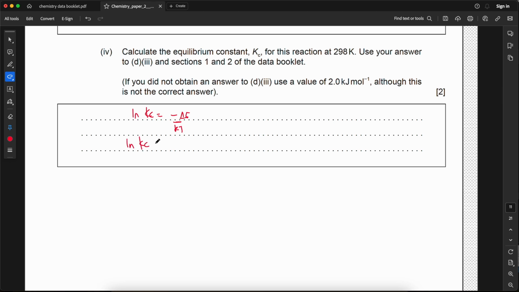So ln Kc will be negative 3.4 times 10 to the power 3 J per mole, because we convert it into joules, divided by 8.31 J per K mol. That's the reason why we convert it to joules, because the gas constant is in joules, times 298 Kelvin. So ln Kc will be negative 1.37 and